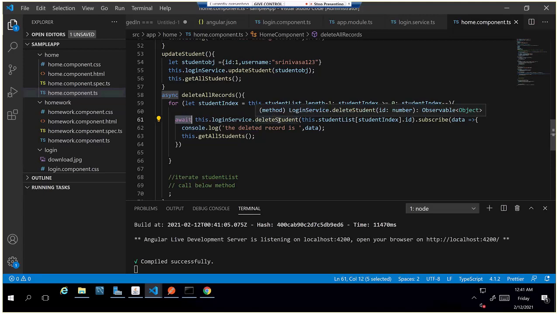Until the REST API is done, I am waiting, and once this API is completed, it comes to the second loop and tries to delete another existing record. Once this is done, we get all the records. So this is the change. I have added async and await. The remaining function is the same. Now we'll try to see.